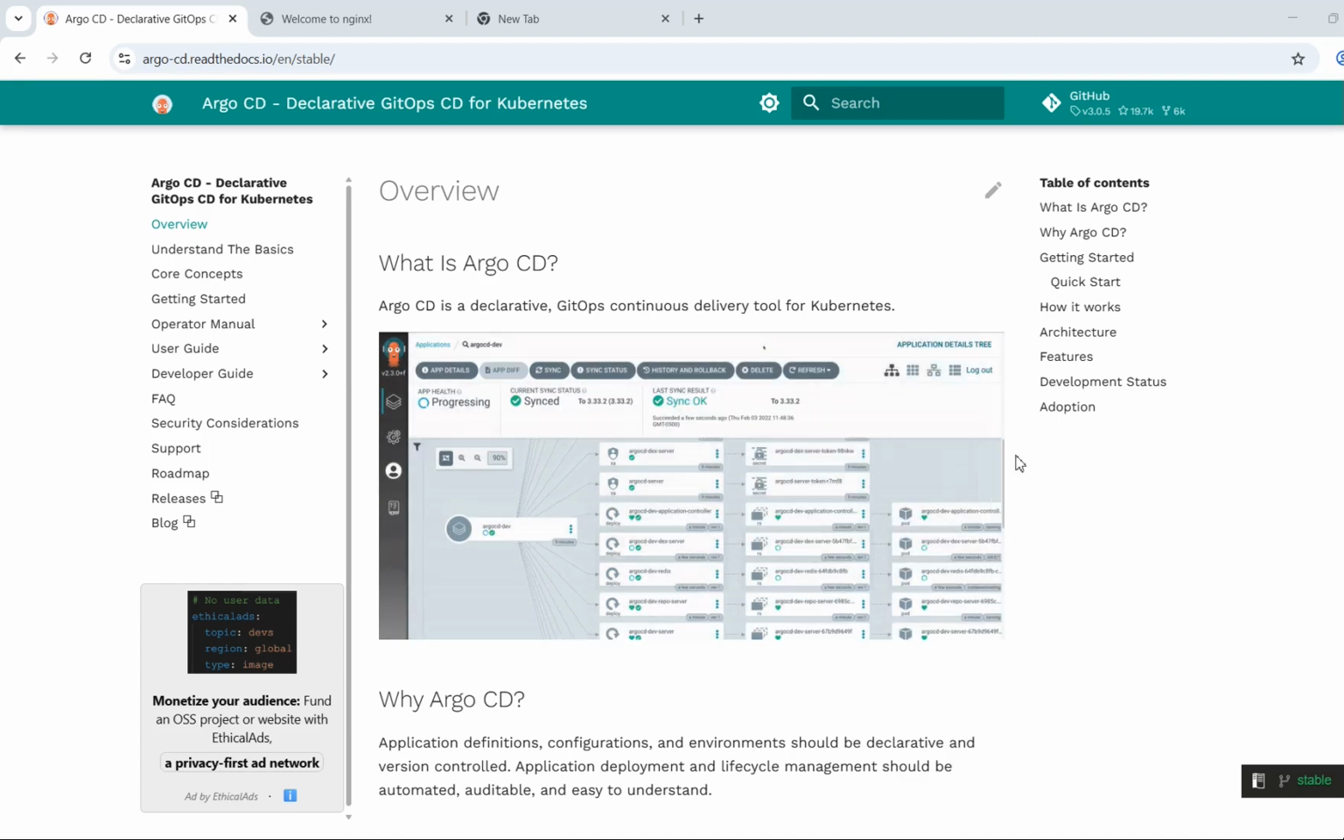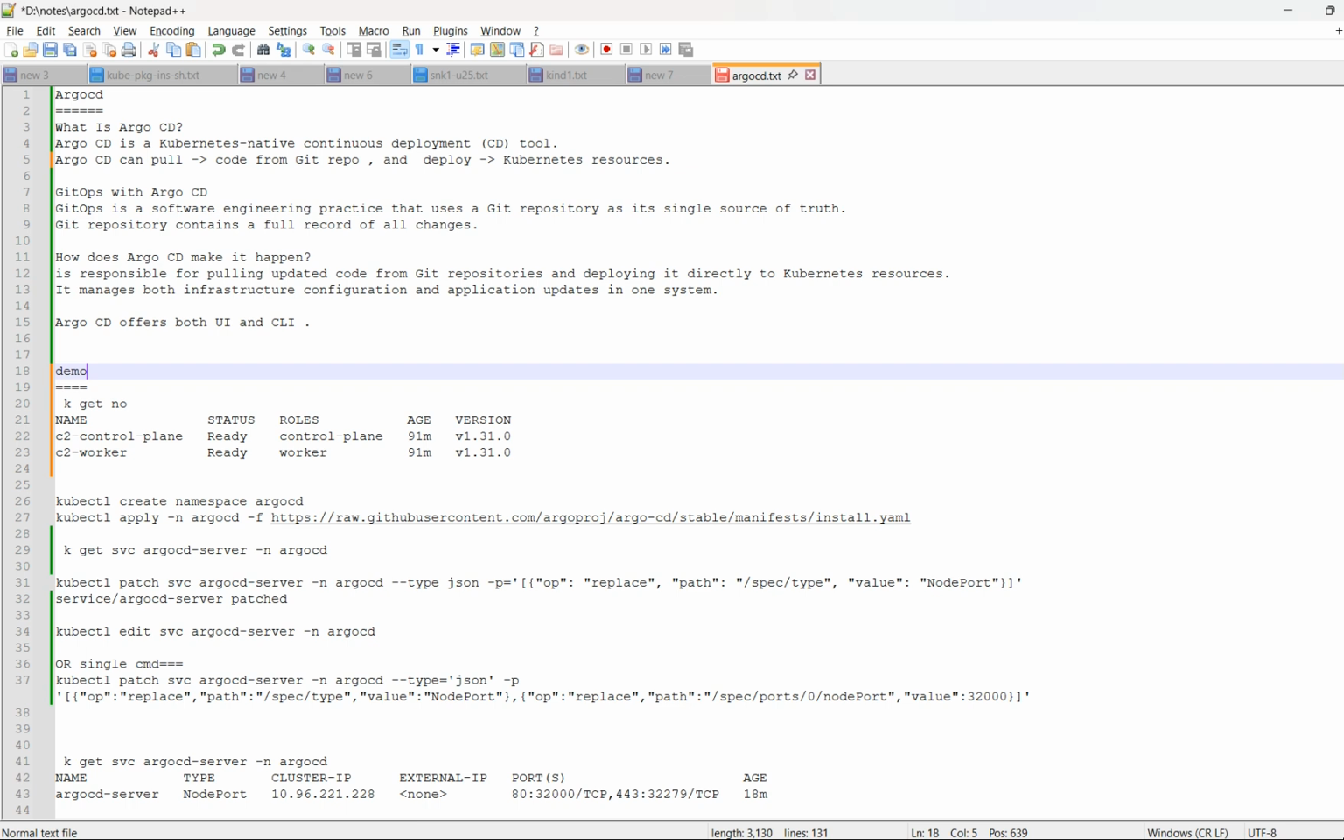Hello viewers. So basically in this session we are going to discuss ArgoCD, what is the concept of ArgoCD, and after that we'll quickly deploy ArgoCD on Kubernetes. Once ArgoCD is deployed on Kubernetes, we can go ahead and deploy one simple application to Kubernetes through ArgoCD. Okay, so this is the agenda for today. So for that,